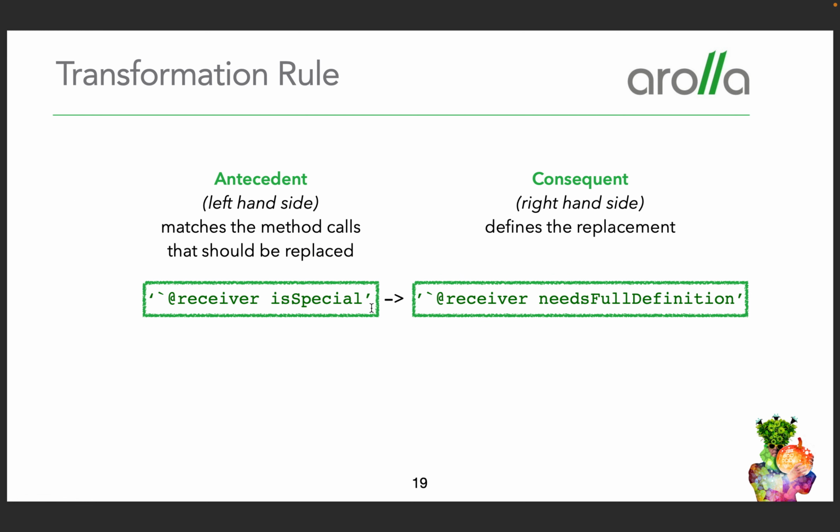Here we can take a closer look at the transformation rule. It consists of two parts. Both are a kind of regular expression that can match the source code. What will happen is that as the client executes the deprecated code, the tool will automatically find which specific method call was signaled, and then this specific method call will be transformed using the consequent expression. So the antecedent matches the method call that should be replaced, and the consequent defines the replacement for this obsolete method call.